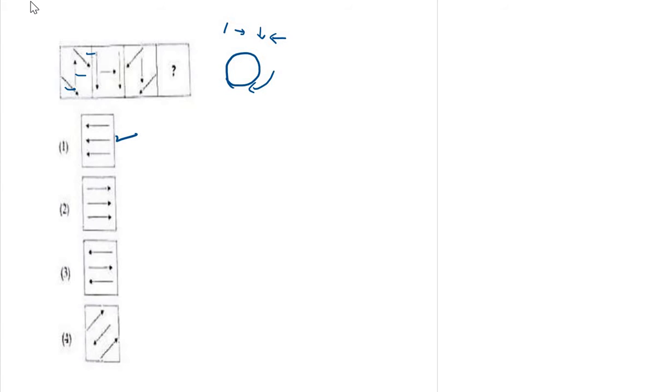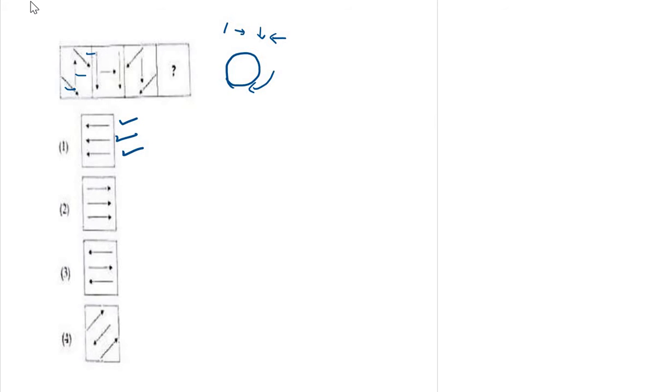But for our accuracy we have to compare the other two also. This one is the second one and then the third one. Here the first line is this and then it moves 45 degree like that, and then the third one will move to the west direction. Third also you can compare. Rotate like this. Take the figure separately and then rotate it. You will get the answer. I hope it's clear.